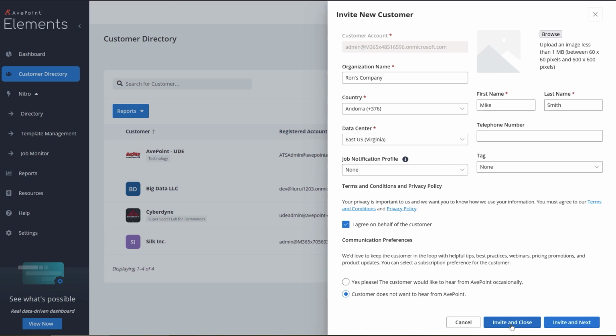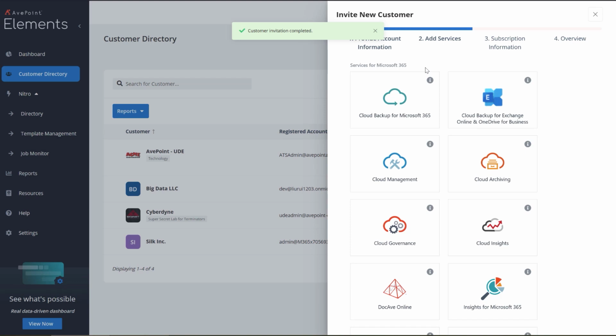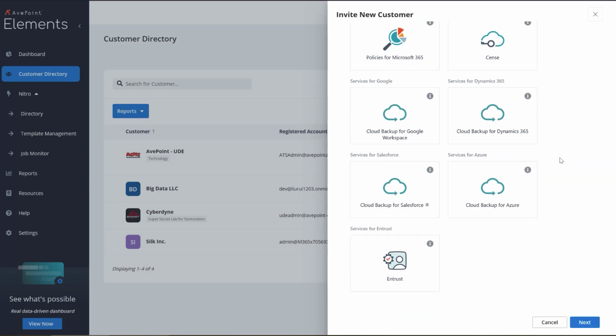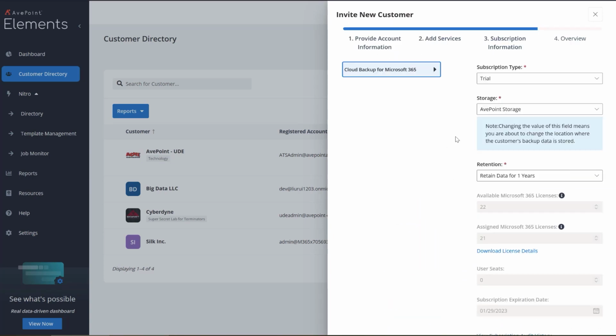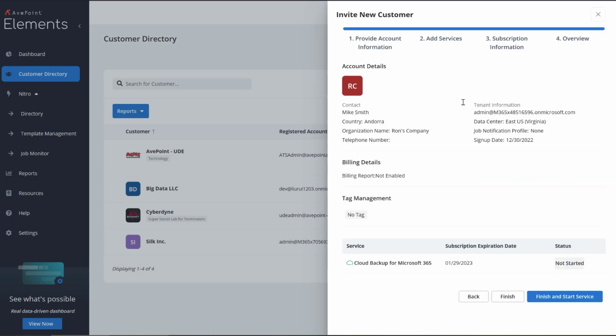And I could then begin adding the services, such as Cloud Backup. Or if I click Invite and Next, I can do that right now. We can see here, adding our services. So I'm going to select just the one here for our demonstration, and I'll click Next. Information on the subscription, and Next. And then finally a review, and if everything looks good, Finish will again register the customer for you